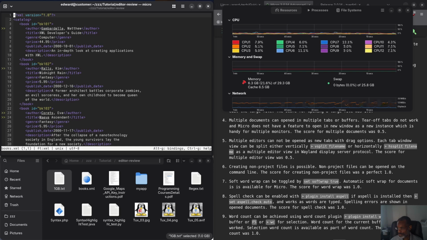Books.xml. You see that's books.xml. And you can open up another one. For example, if I want to open up this regex file, but I'm going to open it in a vertical split. I want to open up in a vertical split. So what you do is, instead of typing open, you just say